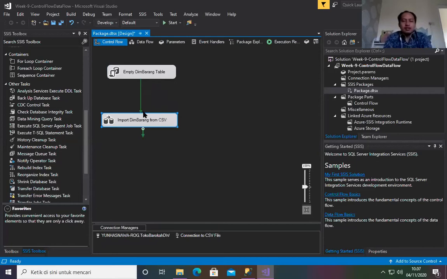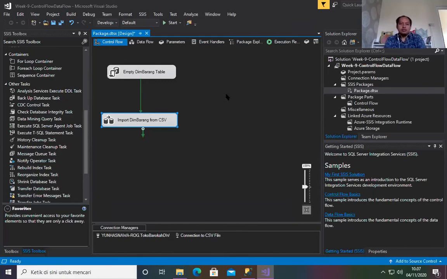Because there is more than one flow of data. The first one is the data flowing from the CSV file to the dim barang table. And the other one is the data flowing from a table in a different database to our dim karyawan table in our data warehouse.